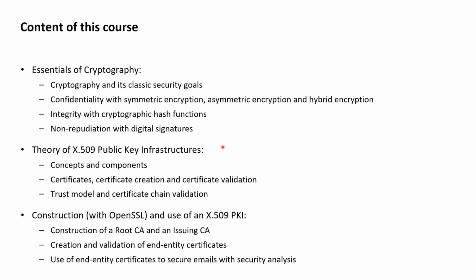The theoretical investigation of the subject is then followed with 2 chapters dedicated to the application of the presented theory by first constructing from scratch with OpenSSL a 2-tier X.509 PKI that could essentially be used for any cryptographic purpose, and which in the last chapter of this course we will ultimately use to iteratively add security to an initially insecure email communication up to a point where we will have a system that can provide both confidentiality as well as non-repudiation to emails exchanged between, for example, an Alice and a Bob.